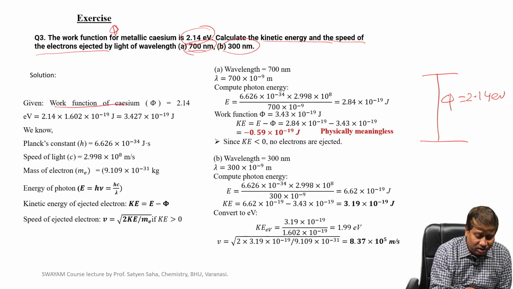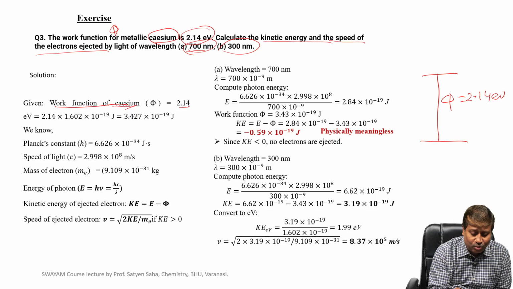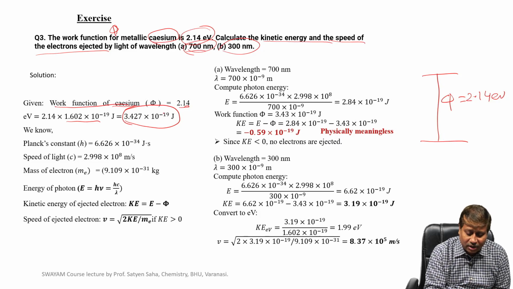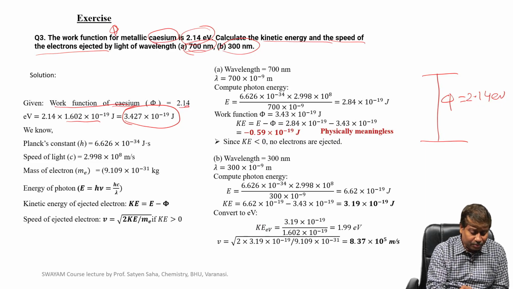So, the work function of this metal, cesium, is 2.14 eV. You have to convert the unit. So the work function of this one is 3.4 into 10 to the power minus 19 joule. And the rest of the things you know: the Planck constant, speed of light, mass of electron. So now you know the energy of the photon, h nu, and since your wavelengths are given,